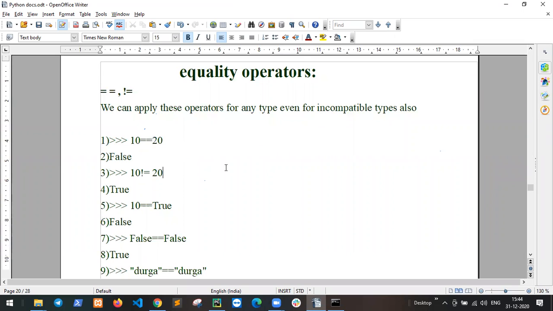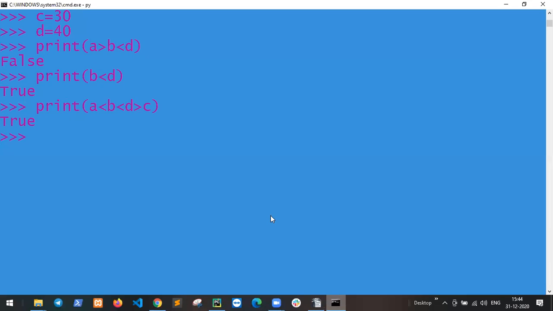For example, A equal to B. This is a double operator to check equality.